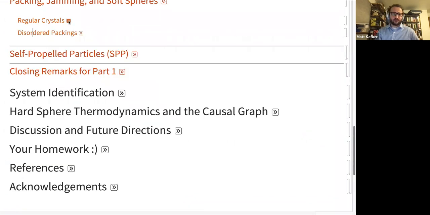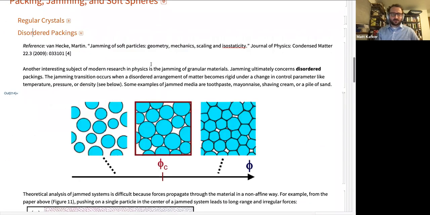All right. So disordered packings, jamming generally. This whole section is basically stealing extensively from this paper. This is a really good paper. It's a review article all about the physics of jamming, and it talks about foams and emulsions and granular systems and all that. It's really cool. It's one of these physics problems that's both deep and exists at the scale of human experience, which is kind of fun. I particularly enjoy thinking about things like this.